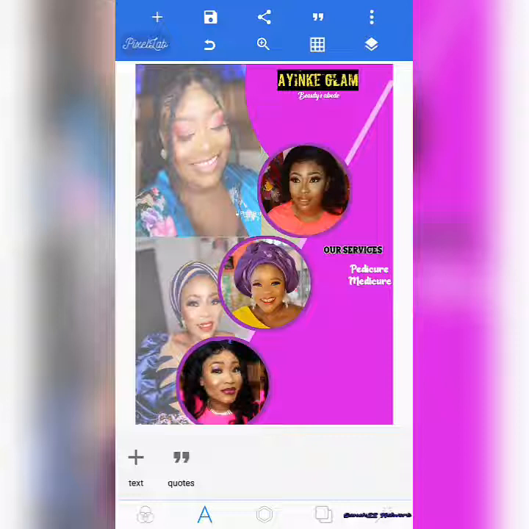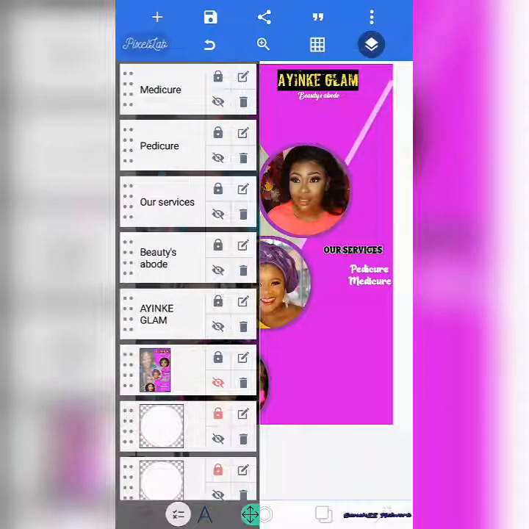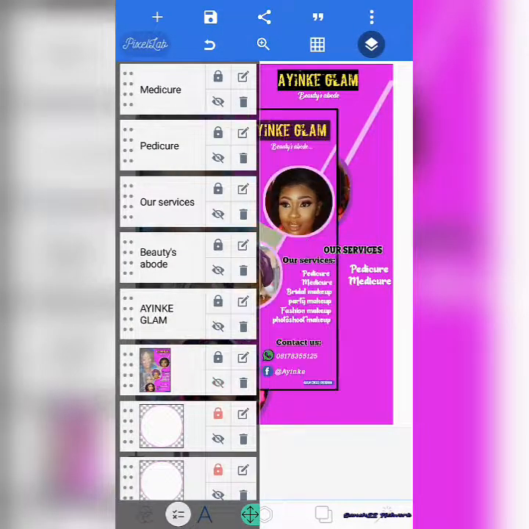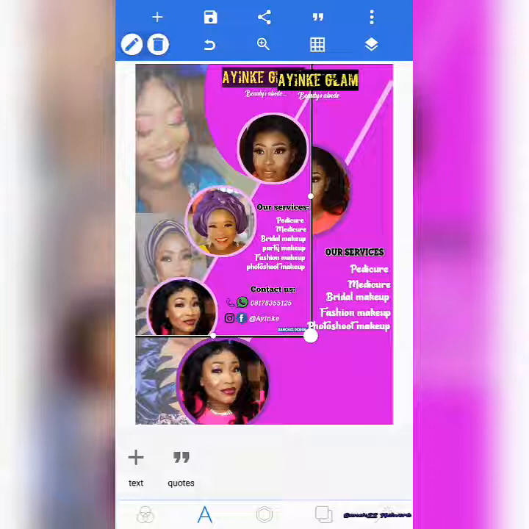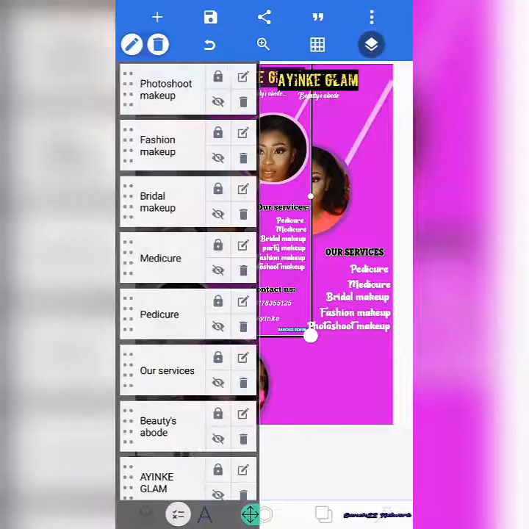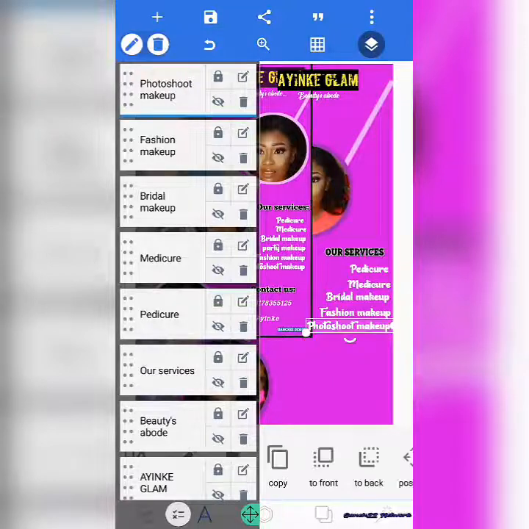Medicare. So now to speed up this process, I'll have to stop the video now. Once I input the other services, then we can continue. So let me quickly input the remaining services so we can continue to make everything fast. So now I'm done bringing in the text. So one thing I wanted to note is that while inputting the text,